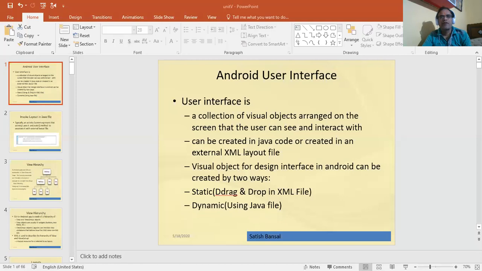Create Android applications. And this is a very simple application we have to create today. So first we discuss what we have to do. As all of you know,